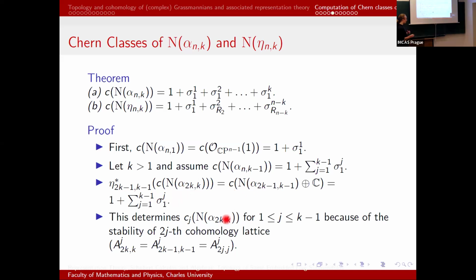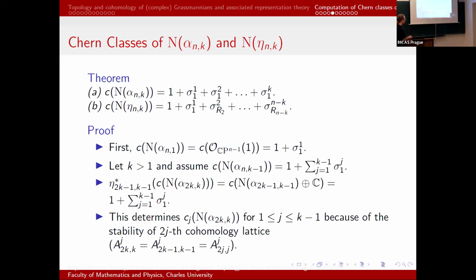It pulls back by the previous lemma to the vertical normal bundle over Gr(2k-1,k-1), and we also have this trivial bundle of rank 1, but that doesn't affect the Chern classes in any way. So now we can use the inductive hypothesis to say that the Chern class of this pullback is again what we assume here,